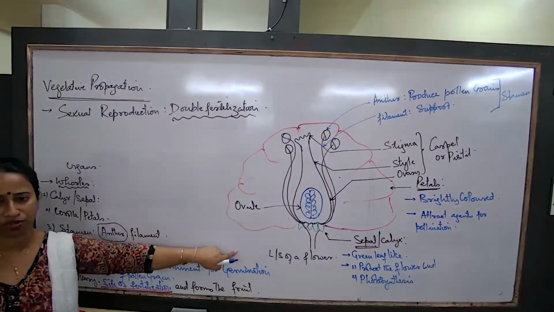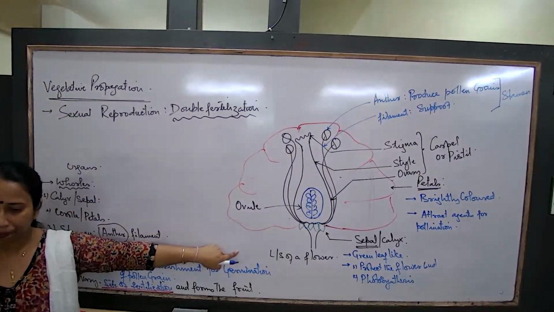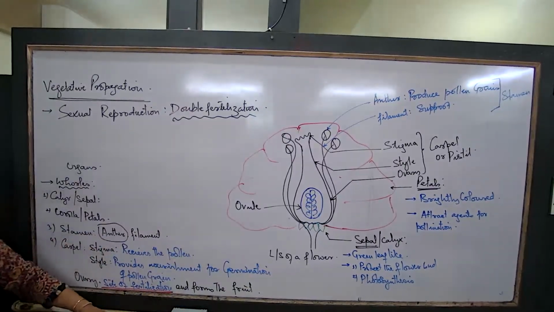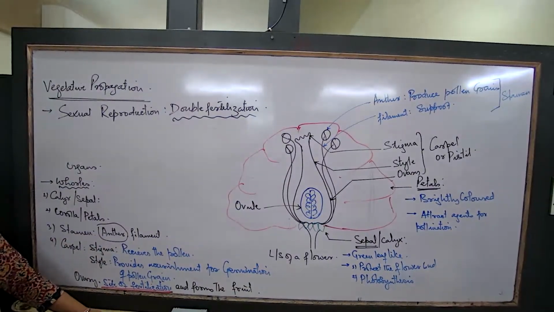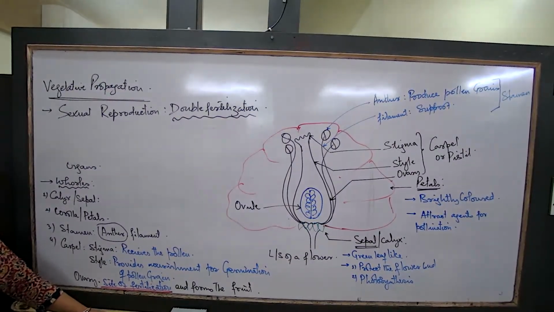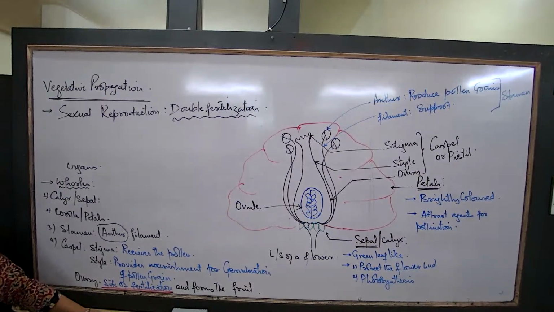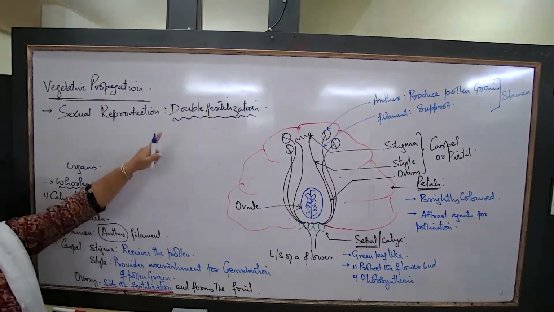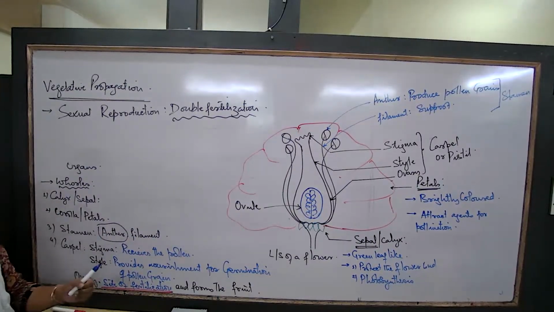Are you done with all these points, writing down? Make it fast. Clear? The basics to understand are the calyx, what it does, the corolla, what it does, the stamen, what it does, the ovary, style, and stigma, what they do. So these functions first of all need to be understood. Once you are done, we'll take the